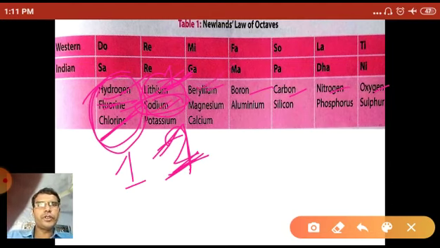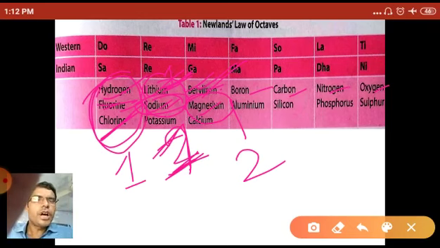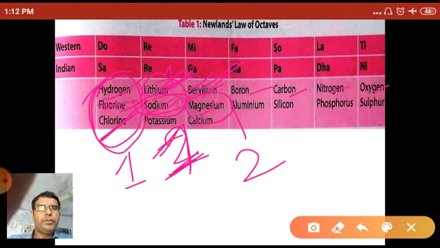When we start the first element from beryllium, then magnesium, that is the 8th element, is repeated, having similar properties to beryllium. Beryllium and magnesium have valence electron 2 and valency is also 2. Beryllium and magnesium both are metals, and they react with oxygen. They form the respective metal oxides or basic oxides.